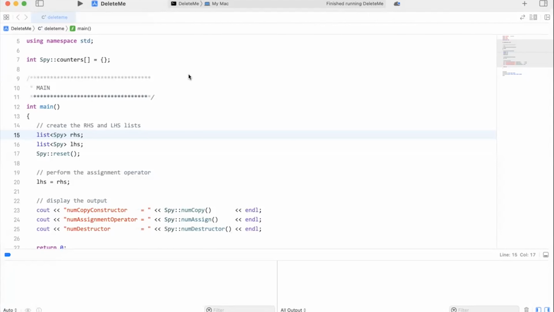I have 2 lists. Right-hand side and left-hand side are initially empty. Now notice these are lists of spies. Now a spy is a double that I created, which is going to keep track of how it is used. Specifically, it's going to keep track of how many times the copy constructor, the assignment operator, and the